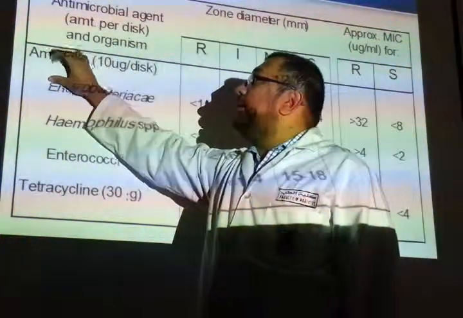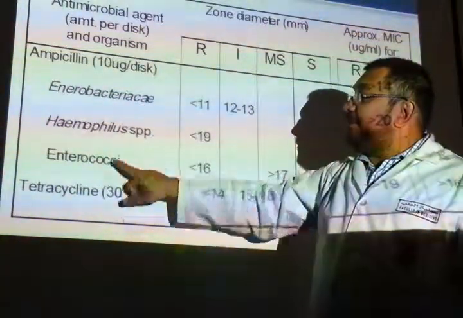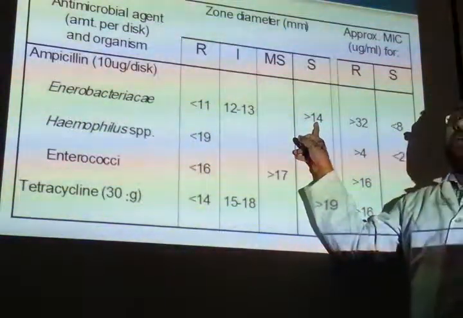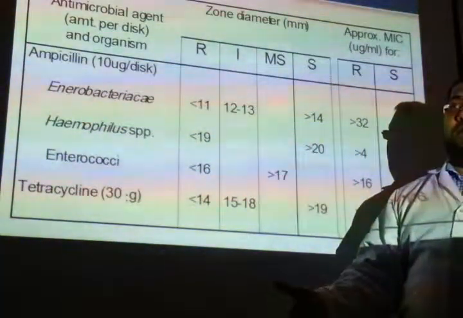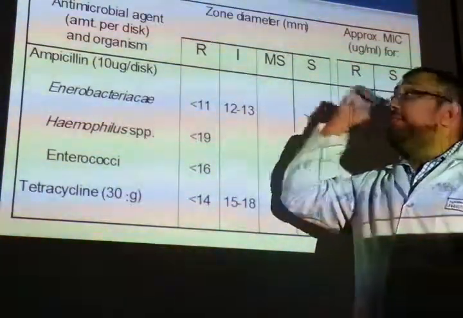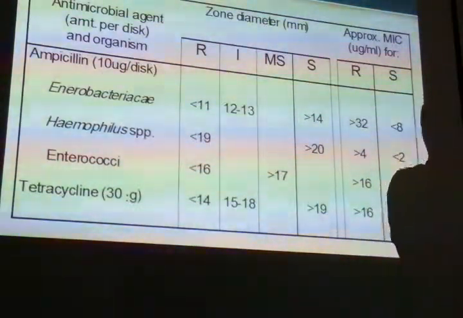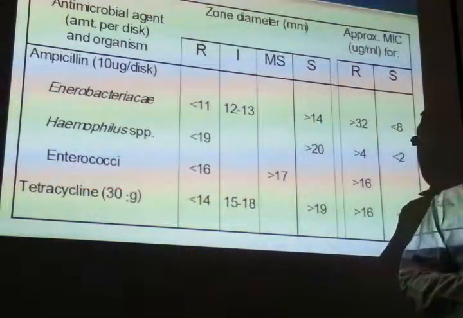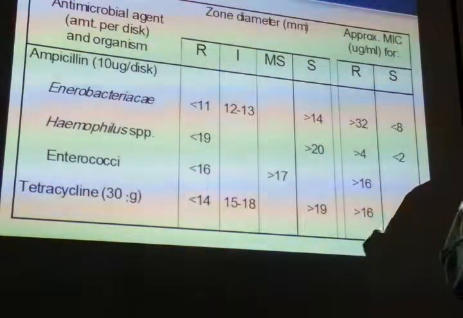For ampicillin, 10 microgram disc. You have this disc there. For this specific bacteria, this is the reading for Kirby-Bauer chart. If for this Enterobacteriaceae your reading was 17 millimeters, where will it come? Sensitive. If it was 9, where will it come? Resistant. The zone of inhibition is there, but the size of the zone of inhibition you have to check with the Kirby-Bauer chart and see is it sensitive, intermediate or resistant. Very easy to do. Okay?